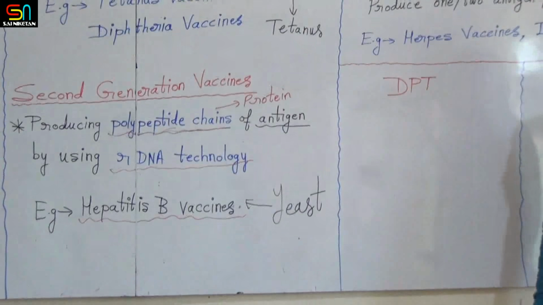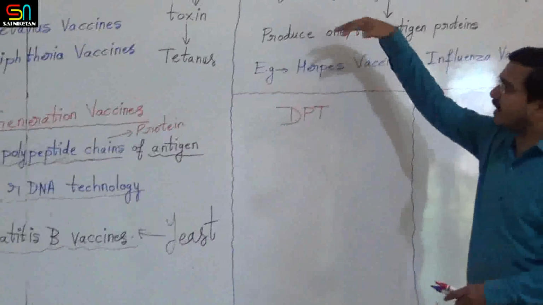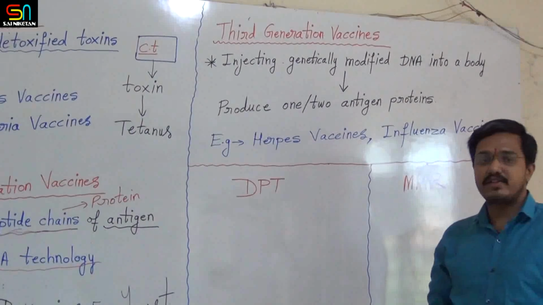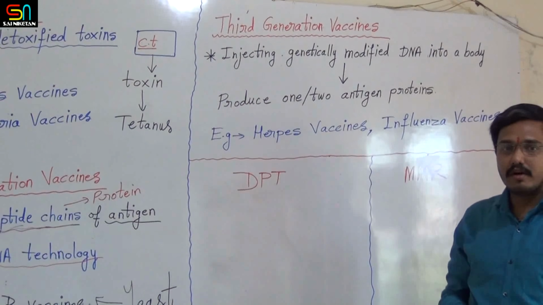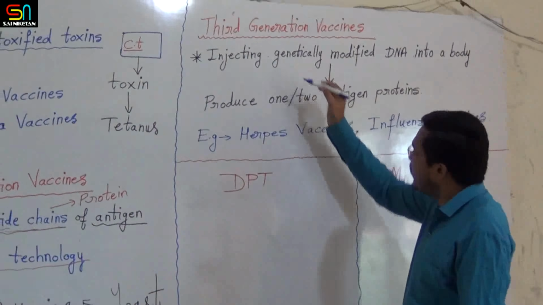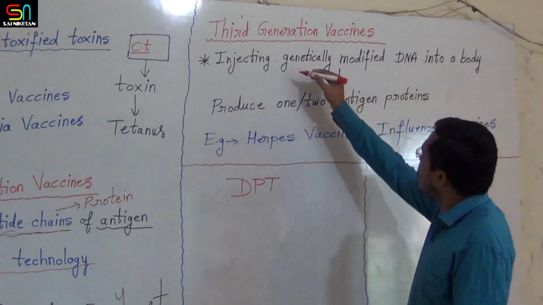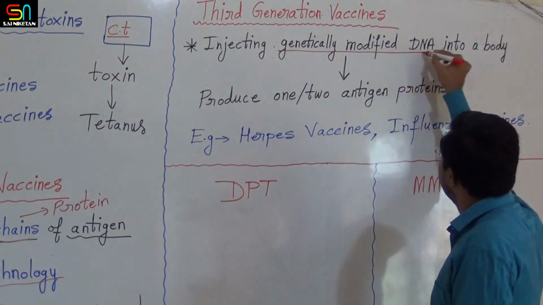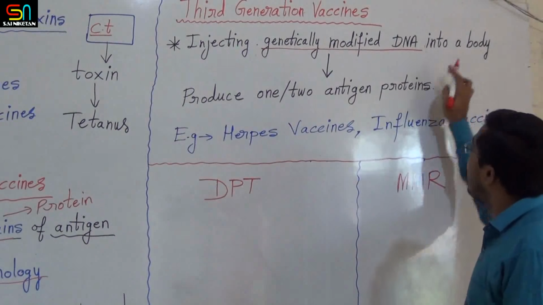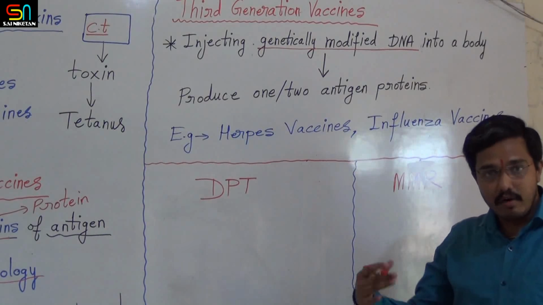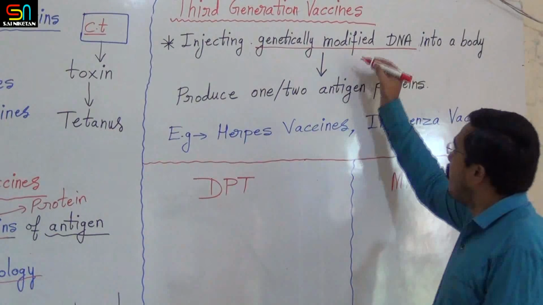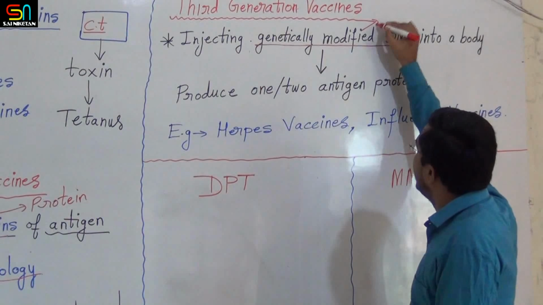Now come to the third generation vaccines. This is again an upgradation. In the third generation vaccines, what the doctors are doing is injecting genetically modified DNA into the body. Now they are not producing any polypeptide chains here. They directly modify, meaning change,